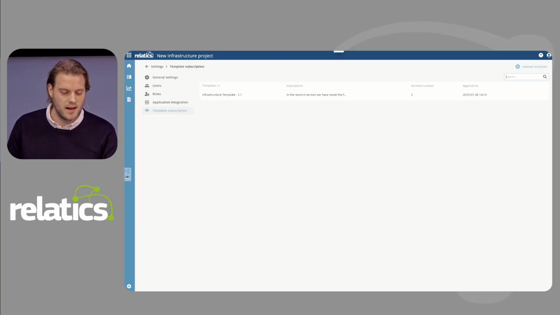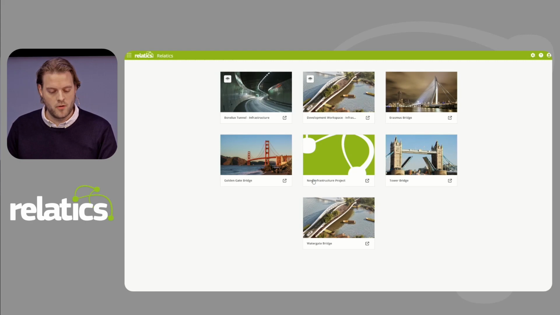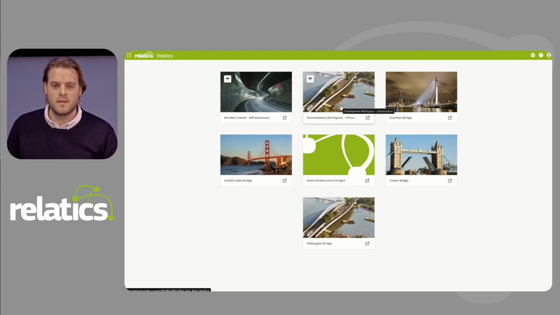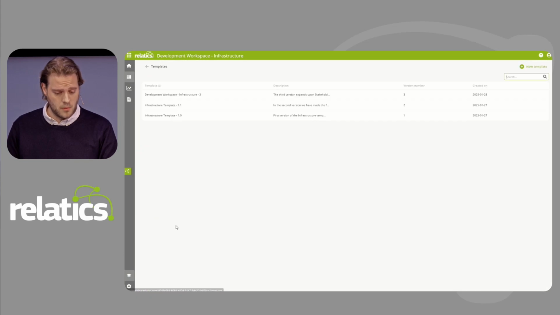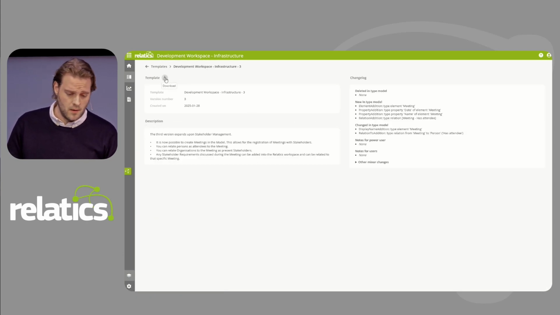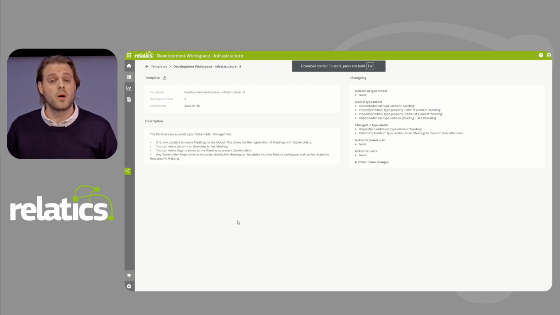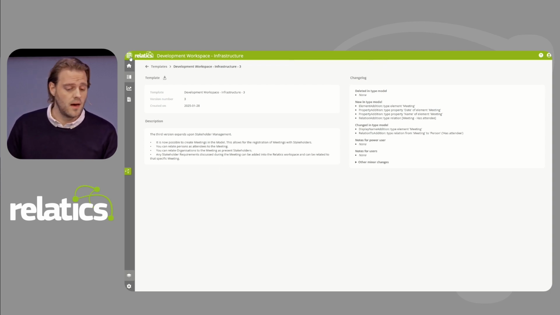So let's say I want to update this template to the newest version. Again, I'll move back to Relatics. Just a quick overview. Let's say I am in the first environment. I can simply go back to my development workspace, pick the version I want to use, and download that version. In this case, this is the 1.2 version of that template. So I download that version as an RCST file, so a template file, and I can go back to the